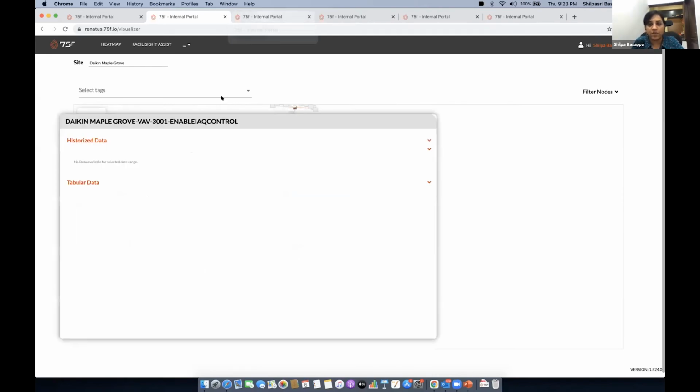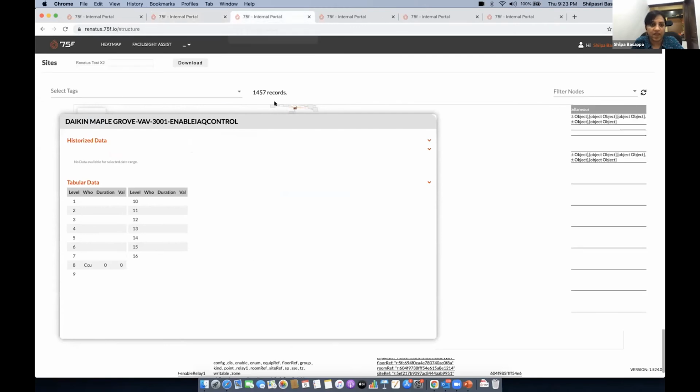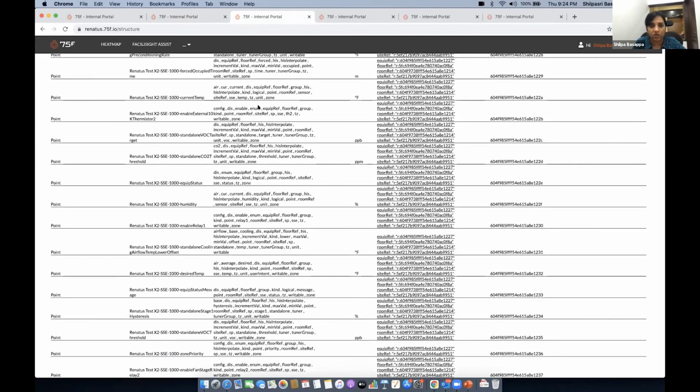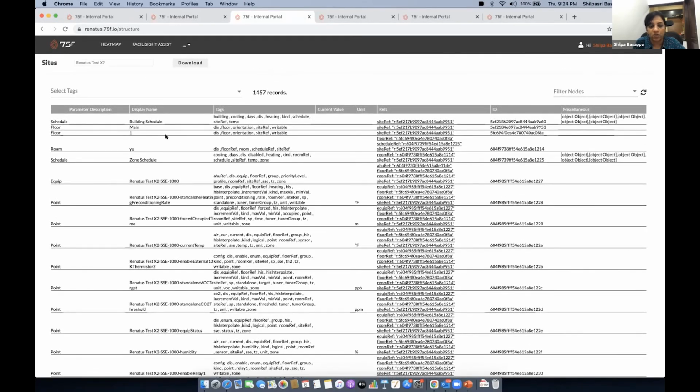Apart from this, when we are doing tagging, one of the examples I would like to give is that we have this Explorer. For people who are familiar with Bacnet systems, you are already used to the Bacnet Explorer. This is very similar to that. This is one of our sites, where we have our deployed system. There are a lot of tags there. You're able to see all the tags for each point, for each equip, for each site.